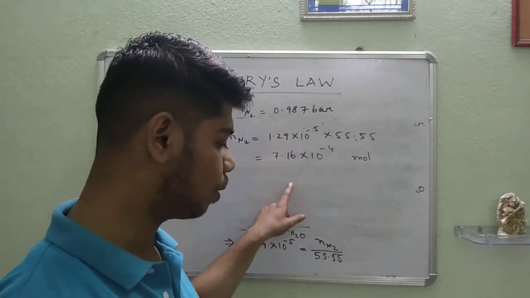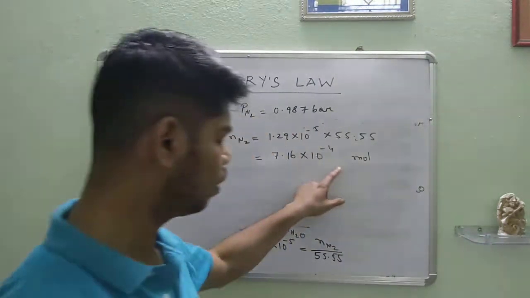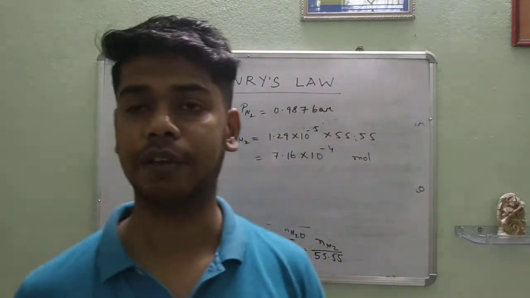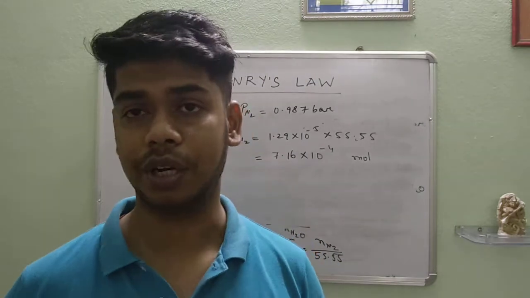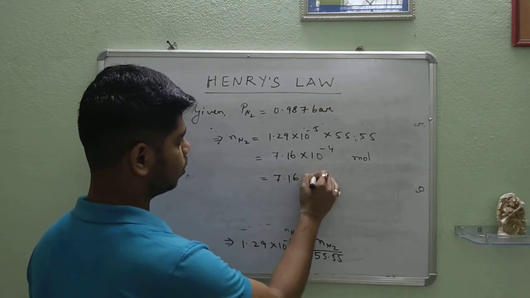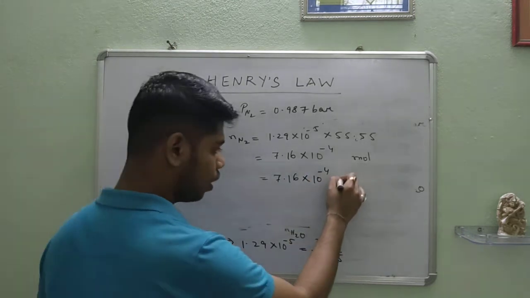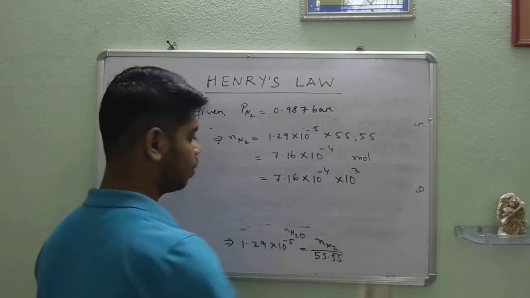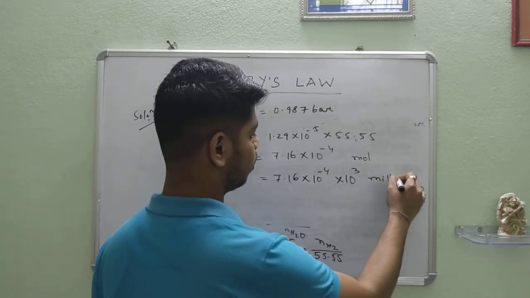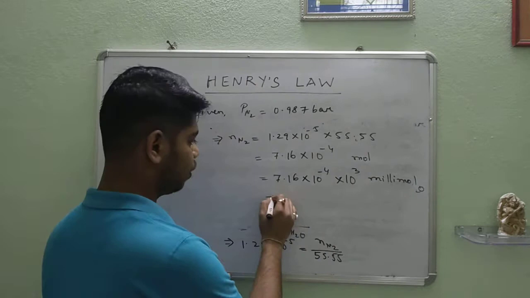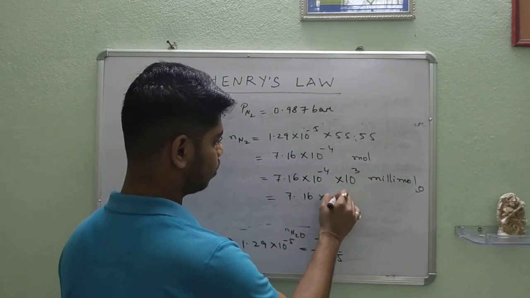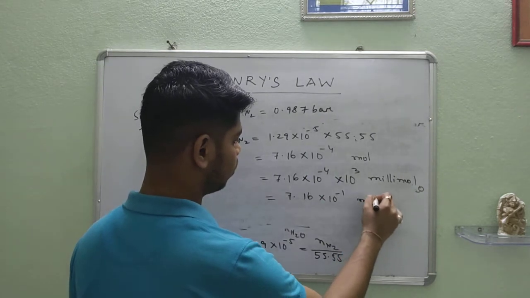If we want to convert moles into millimoles, we multiply by a factor of 10 to the power 3. So 7.16 into 10 to the power minus 4 into 10 to the power 3 will get converted into millimoles. If we simplify this, it will be 7.16 into 10 to the power minus 1 millimole,